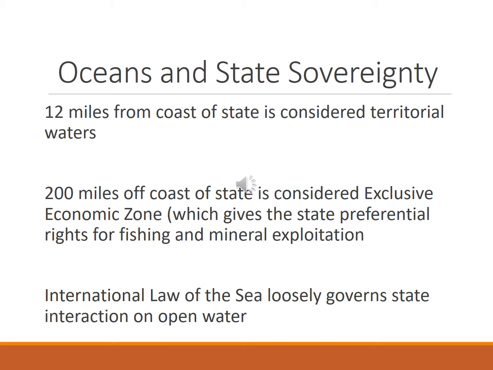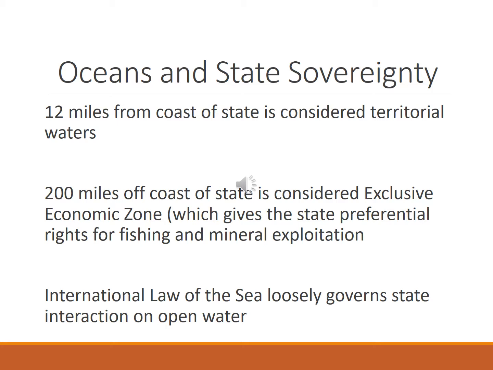Let's begin with the interest of states in protecting oceans with regards to state sovereignty. Here we're talking about the area of ocean immediately on the coast of a state. International law is quite clear here. Every state can consider the 12 miles beyond its coastline as territorial waters, which means it exercises power in that 12-mile zone in the same way it exercises sovereign power on land. Beyond that is what's called a 200-mile exclusive economic zone,